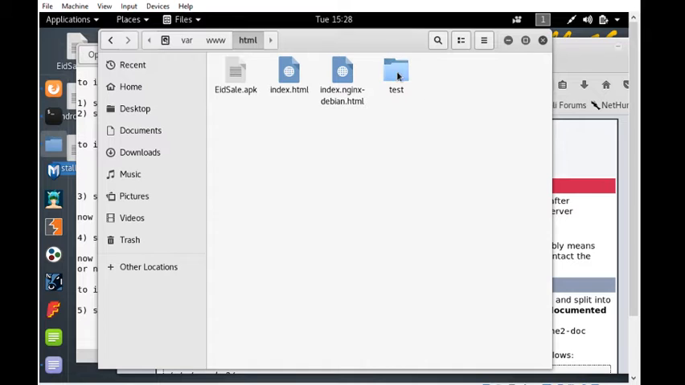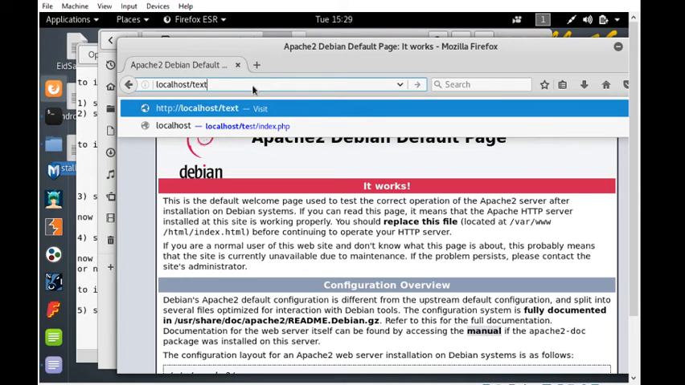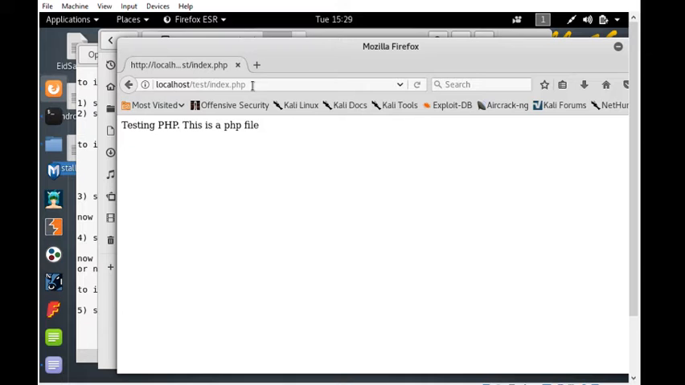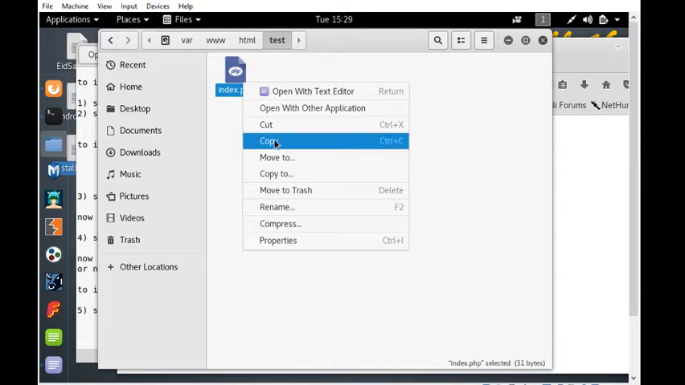Okay, we will add a folder and a file, a dummy file, to check if the PHP is installed or not. Let's see. Test index.php. So this file works, but if we change it,